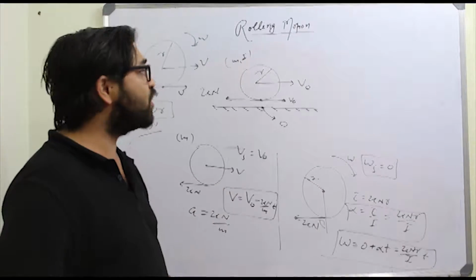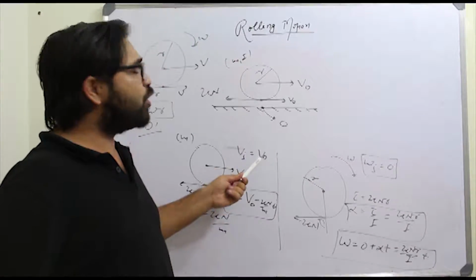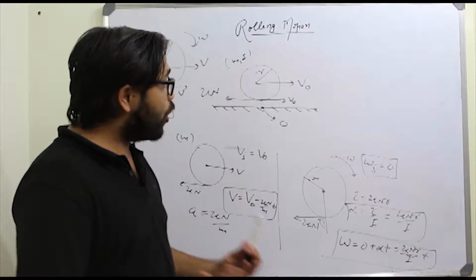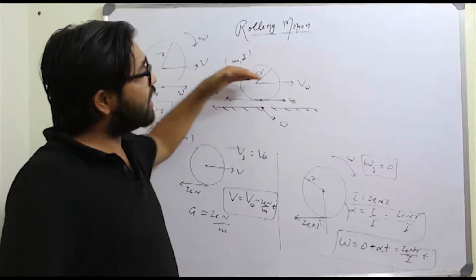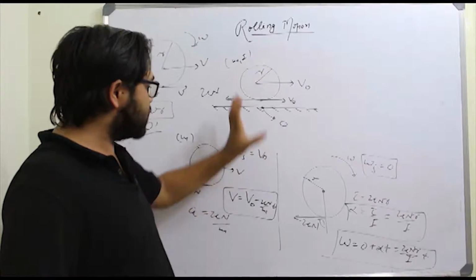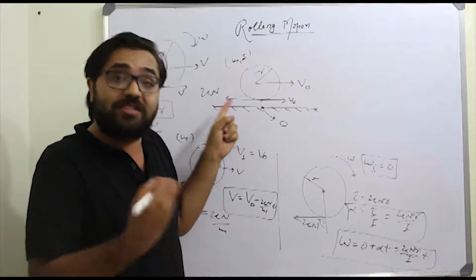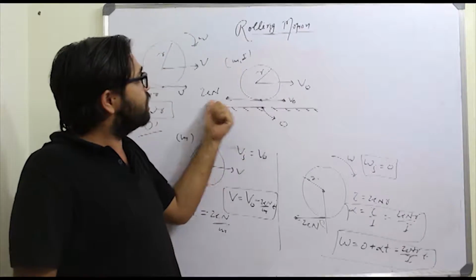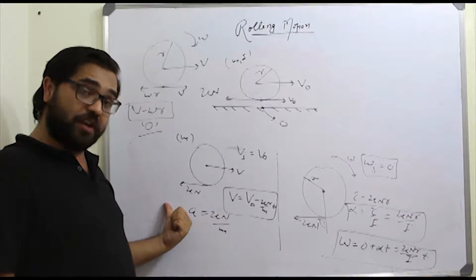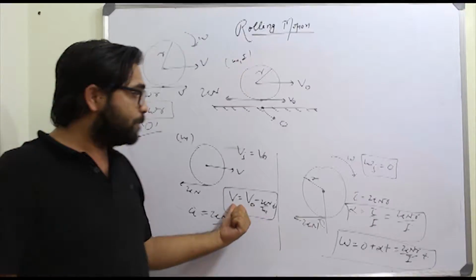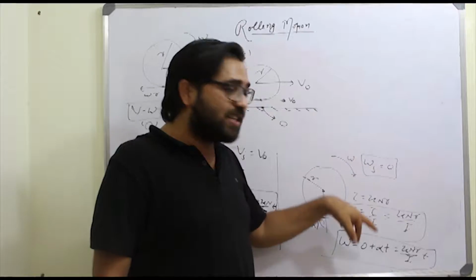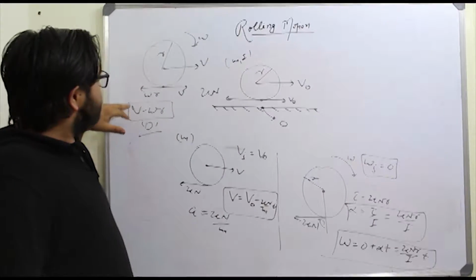In the previous case also we saw that we gave an angular velocity and kept it on the surface. After some time, pure rolling started. Here also we gave it a translational velocity and kept it on the surface. We saw that due to translational velocity there was slipping. Due to slipping in forward direction, friction appeared in backward direction. This backward friction started decreasing the velocity, but this backward friction started increasing omega, and that's why the net velocity